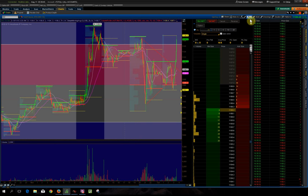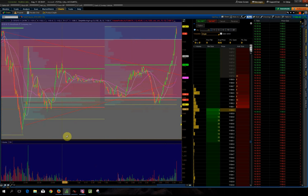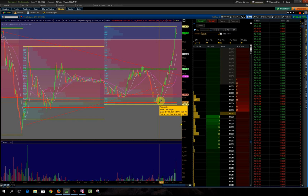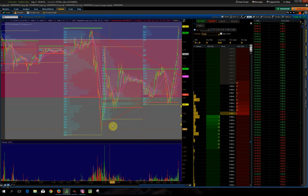Now another trade after this though is, if it doesn't break here and continue going, another trade can be for this to come back down to the HVA down here for a first time test buy, or come all the way down to the 97 to 96, and possibly even to the lows earlier. So anywhere in this zone here, and that could be another buy actually right there as well,